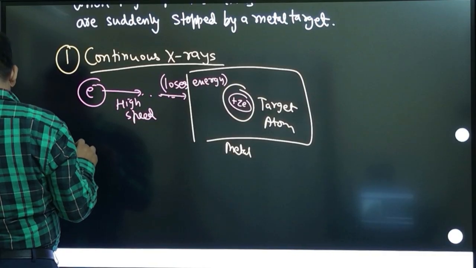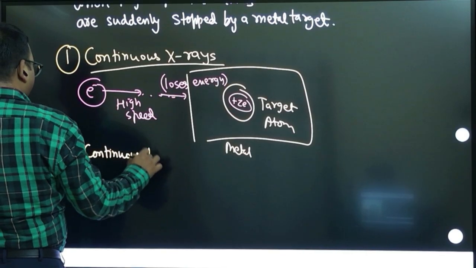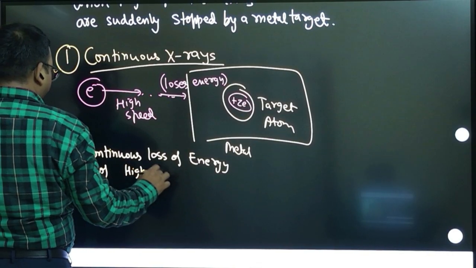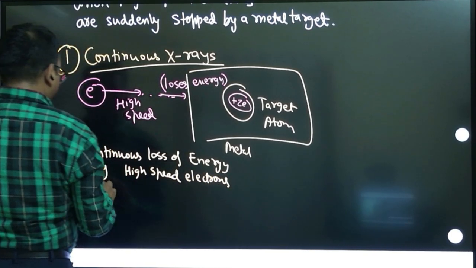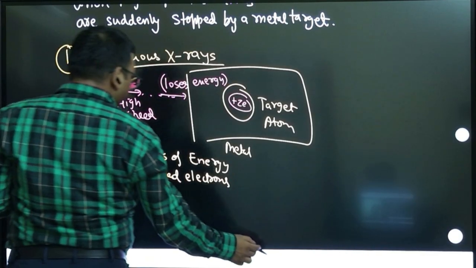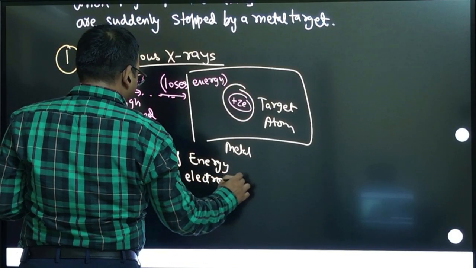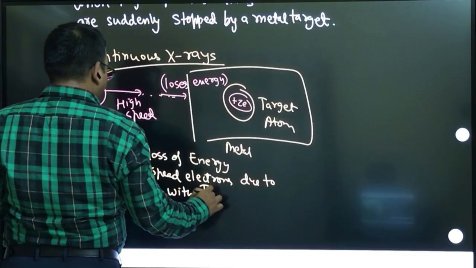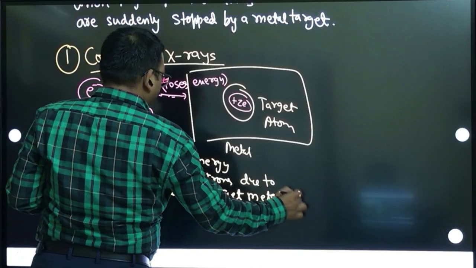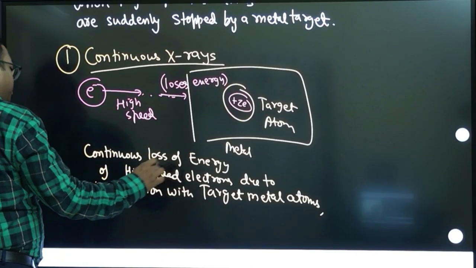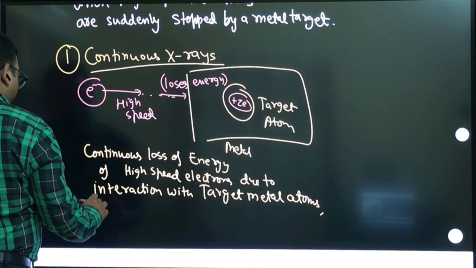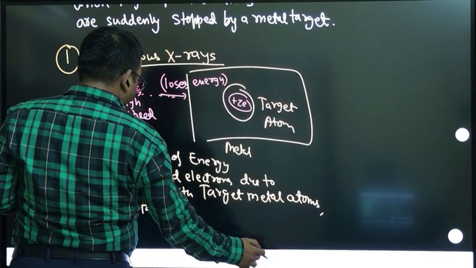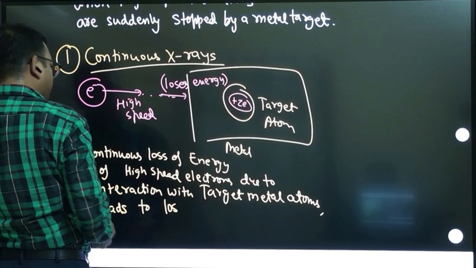So what happens is that continuous loss of energy of high speed electrons due to interaction with target metal atoms leads to